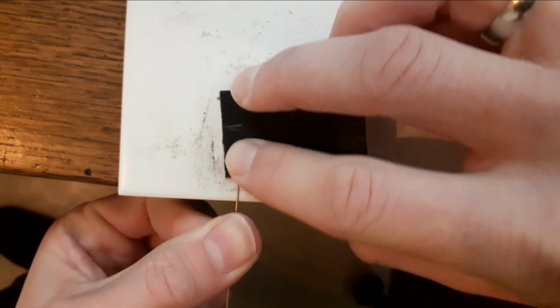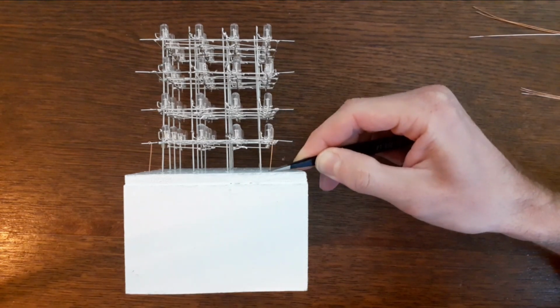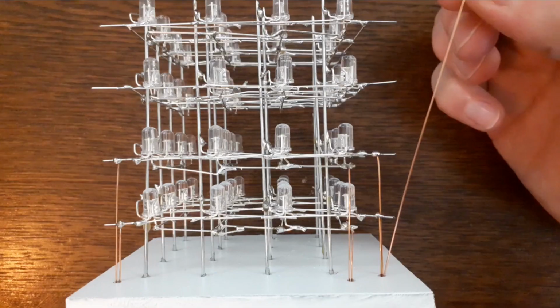So you really need to sand away this thin layer to make the wire conductive. After having soldered all 3 contacts on all 4 layers, so that's 12 solder joints, and having brought the other ends of the wires into the housing through the holes in the base plate,